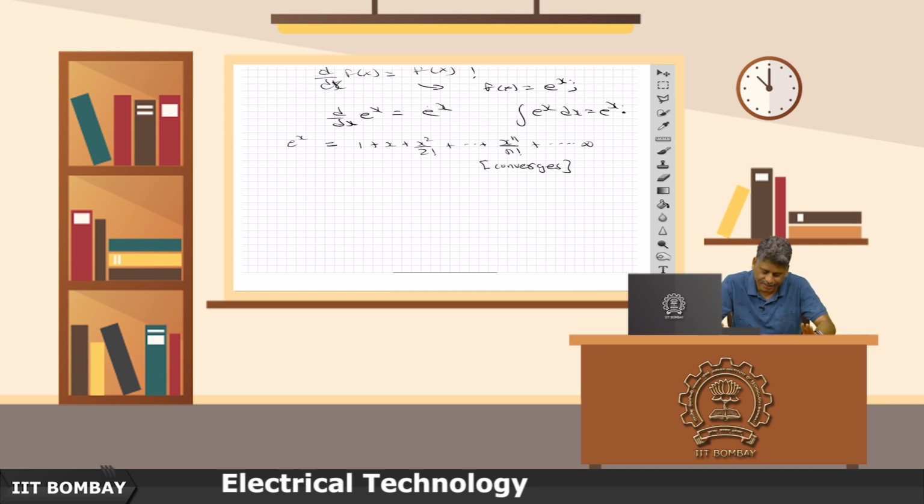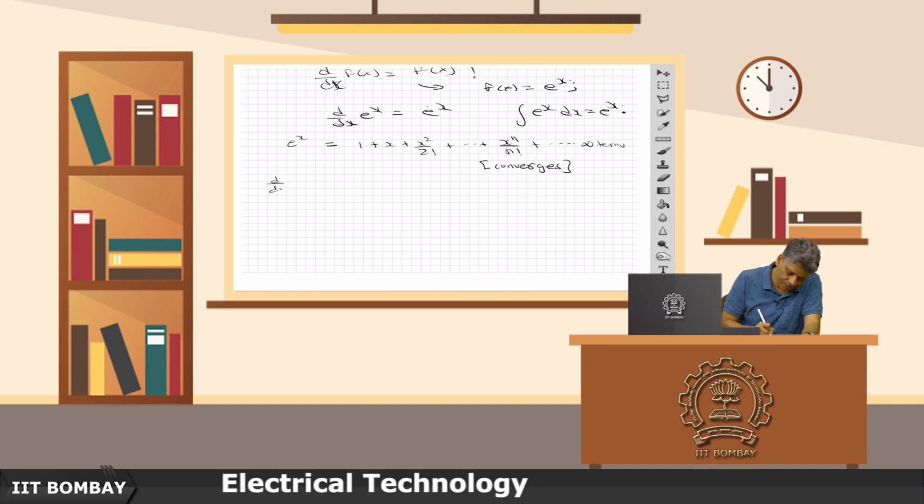I am going to take this identity as it is and accept that we assume we have studied that it converges. If you have not studied how it converges, I would suggest that you go through a proof and show that this series actually converges to a finite value when you take x to be finite. Now, assuming that this series is convergent,